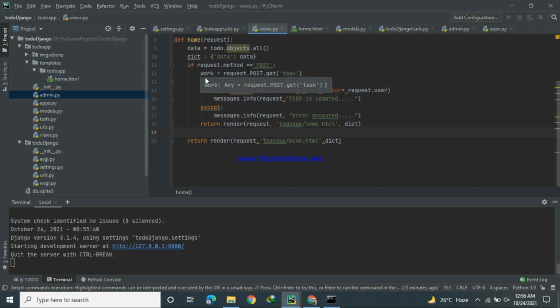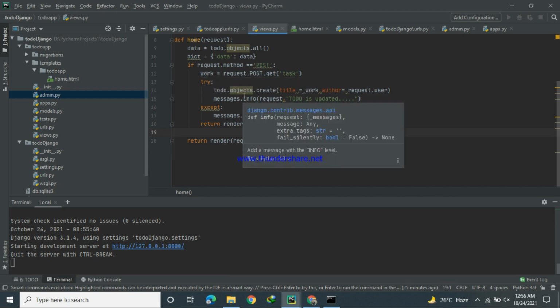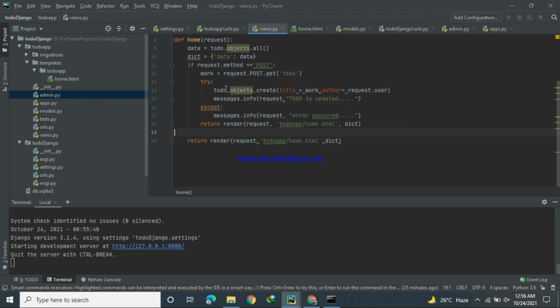Okay, then two portions are available. I mean two paths are available. The first one is try and the second one is except. Okay, so if the method is POST and we got data that will be stored in work, we will run the try path. The try path says todo.objects.create, another object is being created that has title equal to work and author equal to the user that is making the request.